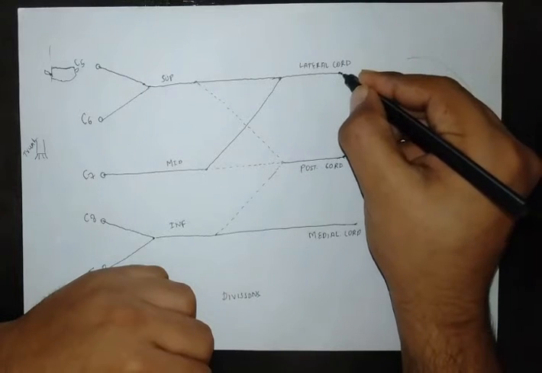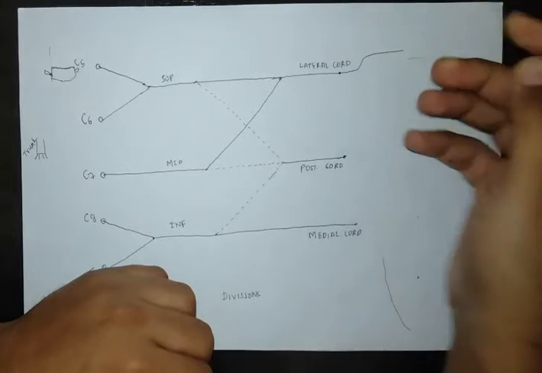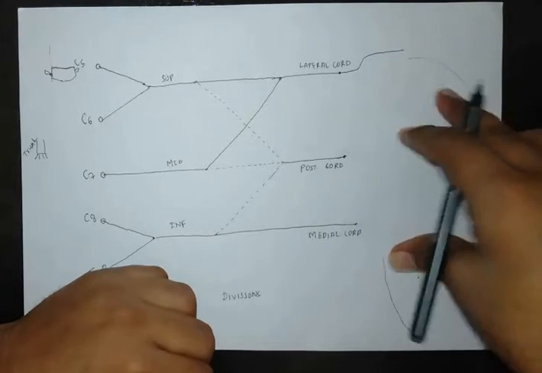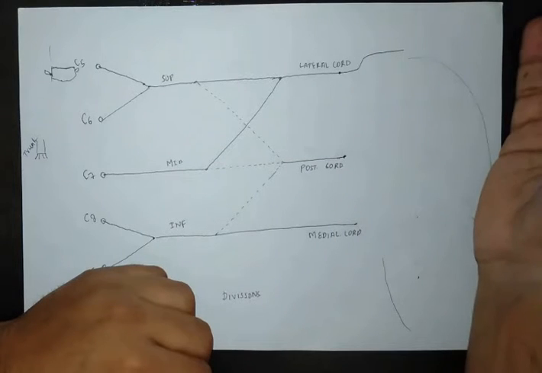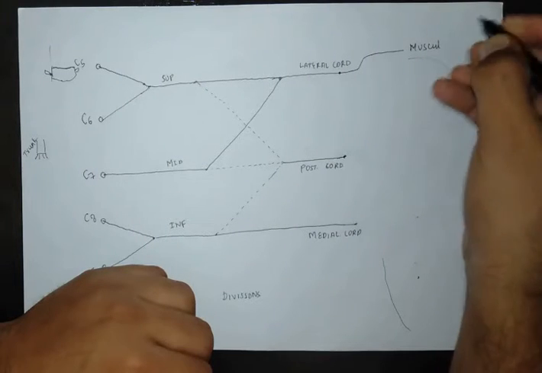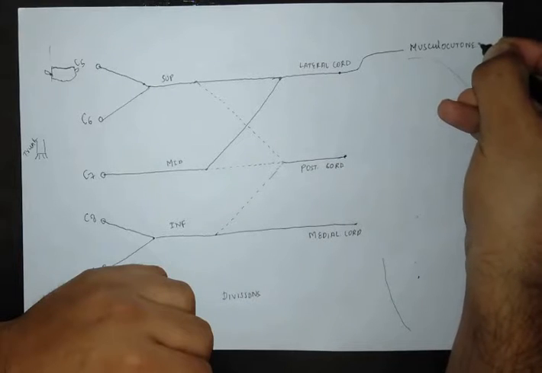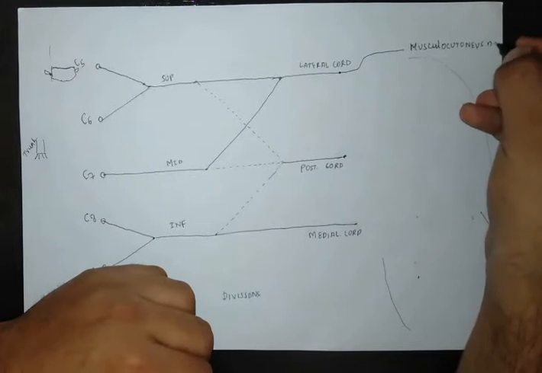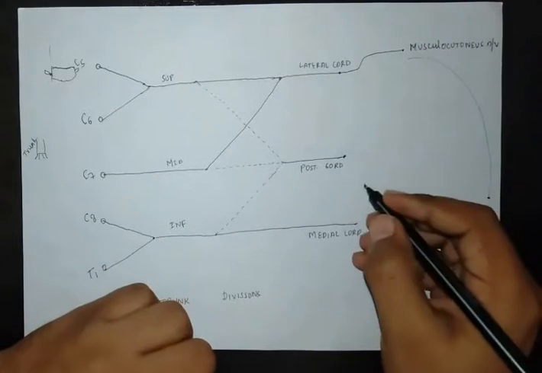So what I give as a brachial plexus, the lateral cord gives a branch which supplies the anterior arm muscles, which are coracobrachialis, brachialis, and biceps brachii, which we all know are supplied by the musculocutaneous nerve. So this is the nerve from the lateral cord.